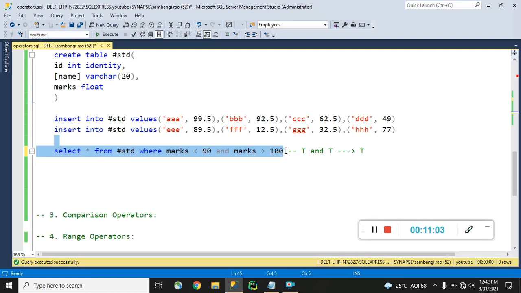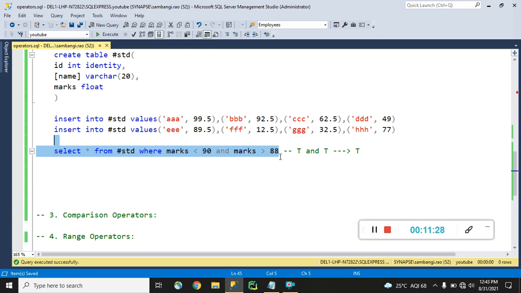If you write a query like this, suppose I want to write above 89 and below 90, it means definitely there is no meaning here. I want to retrieve data like who are having marks greater than 88 and below 90. It means 89, who are having exactly 89 marks.